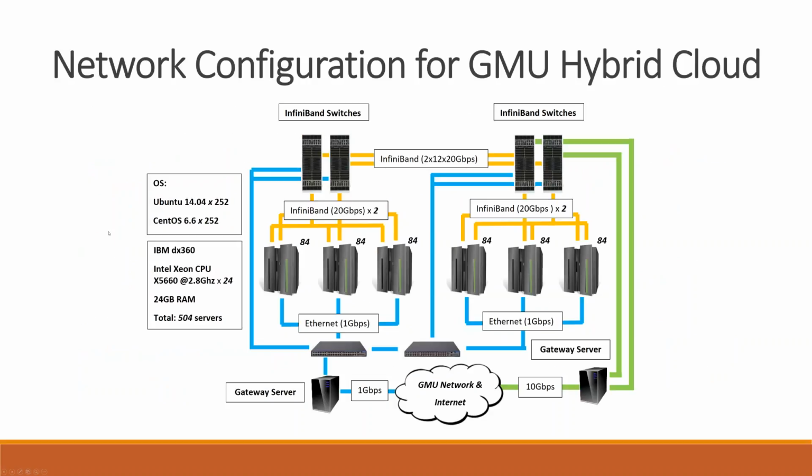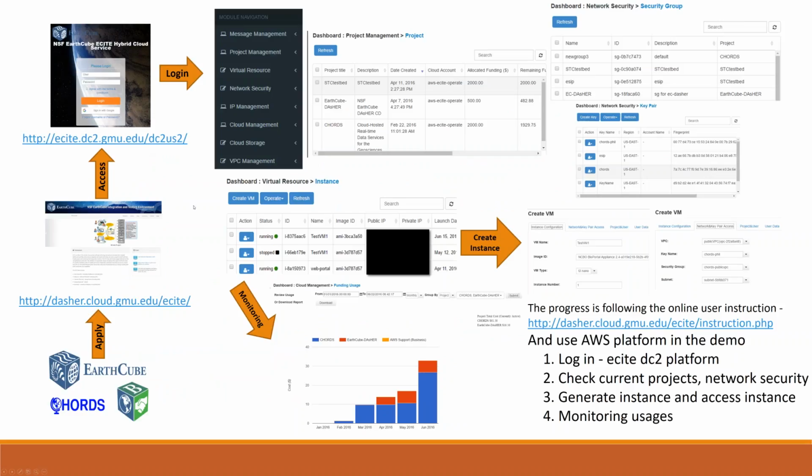And this is a detailed graph of the network configuration of the George Mason hybrid cloud. Just quickly go through this. So after talking about all those, this is the process of how to access the cloud environment. First we go to this site to log into the ECITE, and after we log in,